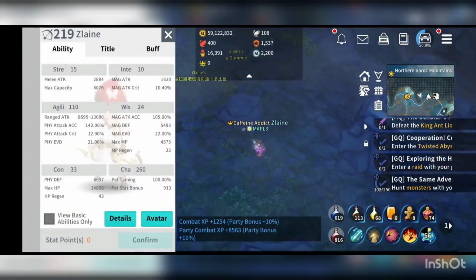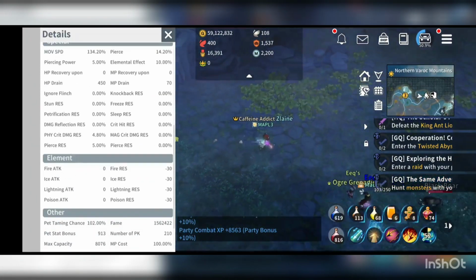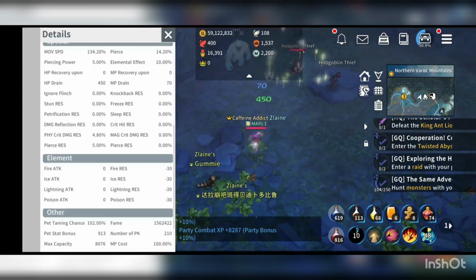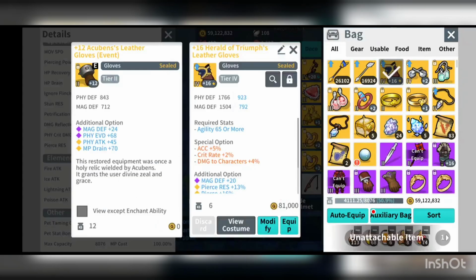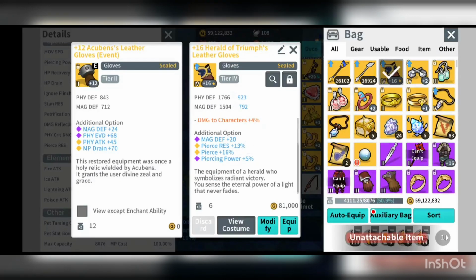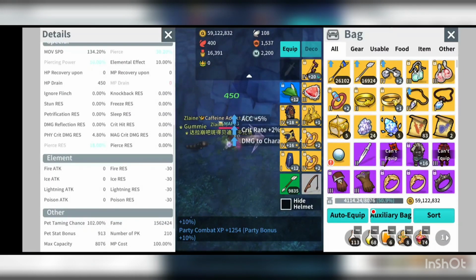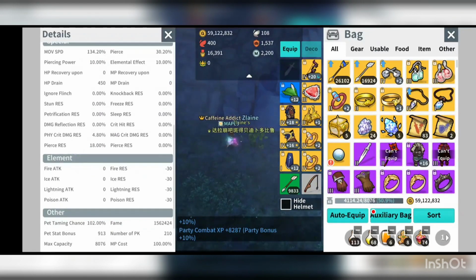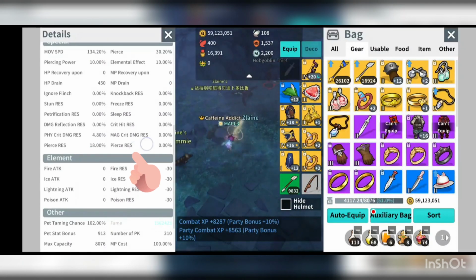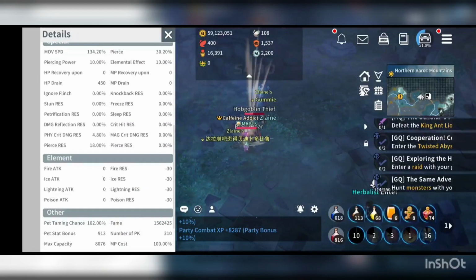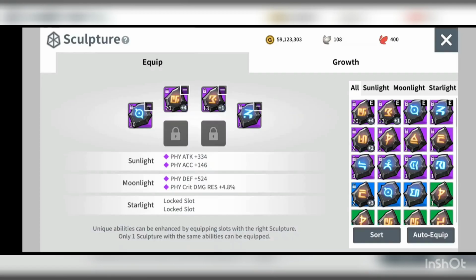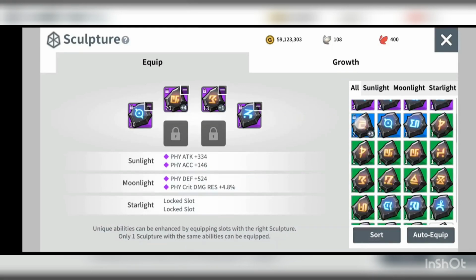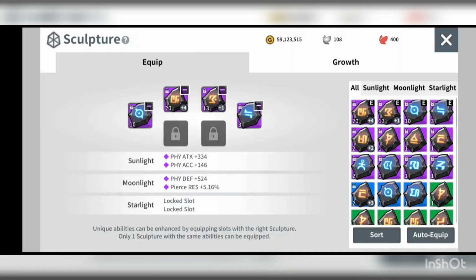Back to the ability page, scroll down. Right now my pierce resistance on the left side is 5% and on the right side it's actually 0%. To differentiate, I have an equipment here, pierce resistance plus 30. If I equip this, you can see that pierce resistance means the rate is located on the left side. So the right side is actually the pierce resistance power. By comparing, let me equip back the normal one to 5%. Comparing these two runes to differentiate them, yep, if I equip this one here,